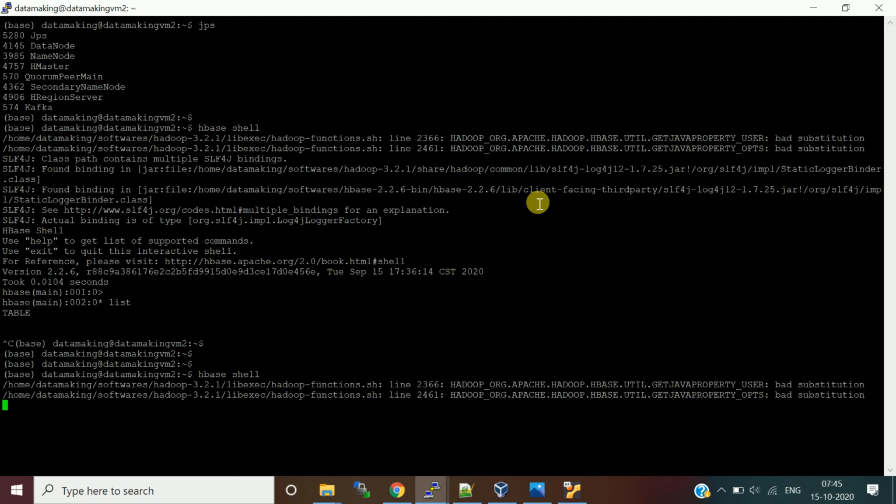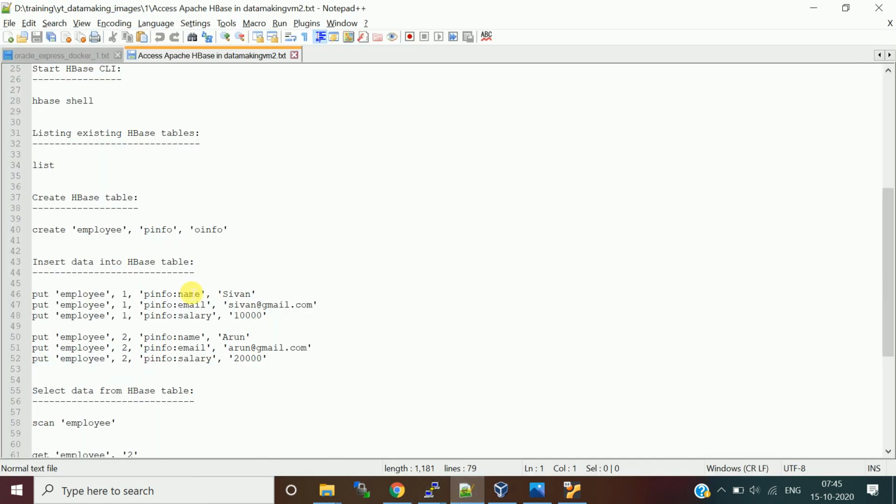Now we'll try to create a table. To create an HBase table, you have to use a command. HBase does not have any query layer to write a sophisticated create table name followed by columns. What it has is simple commands.